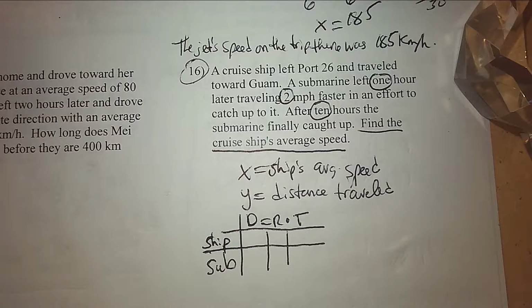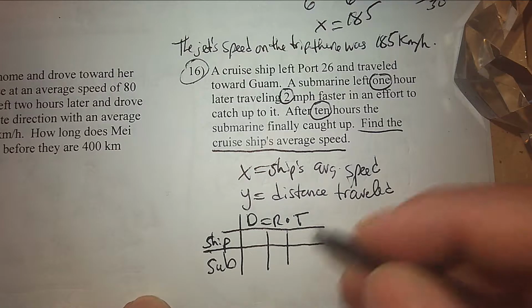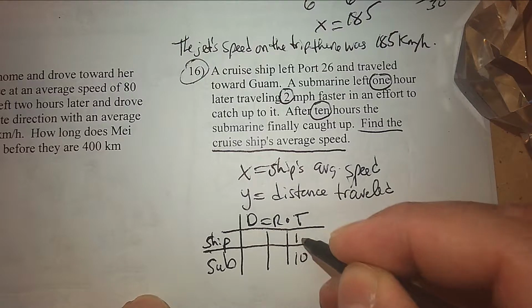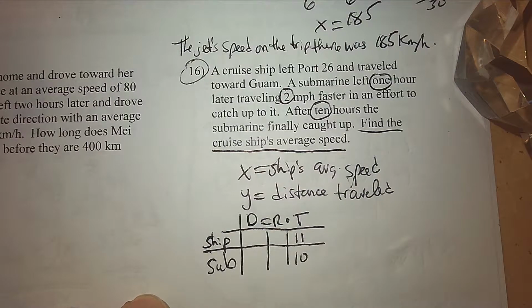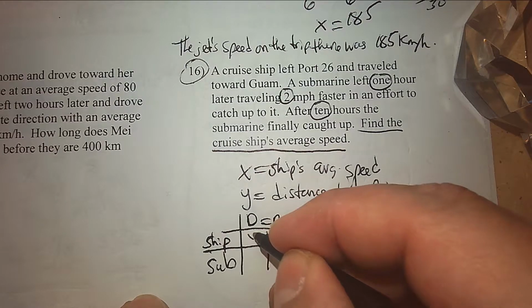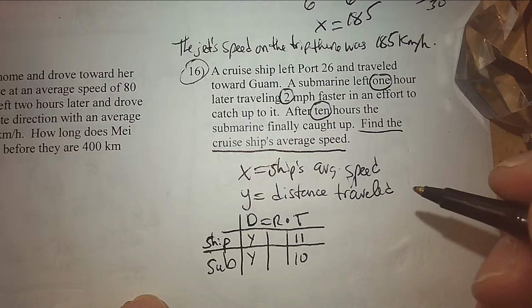Okay, how many hours has the sub been out there for? 10. How many hours has the ship been out there for? 11, right? 1 hour later, right? So if the sub has been out there for 10 hours and it left 1 hour later, then the ship must be out there for how many hours? 11. They've covered the same distance, and what we know is,